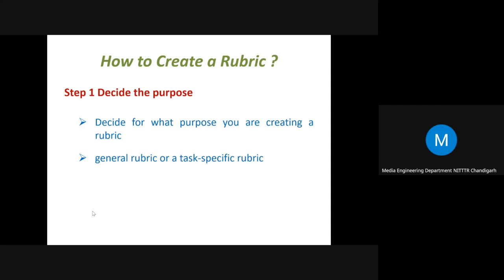This is step one, that for what purpose, based on our learning outcome, based on our activity, we are designing the rubric. So that we need to decide in the first step. Basically, the first two steps are generic, and if you refer to the literature, these are not the only steps. Some steps may be merged, right? So first and second step easily may be merged. Basically, these are just those steps where we start thinking about the rubrics.